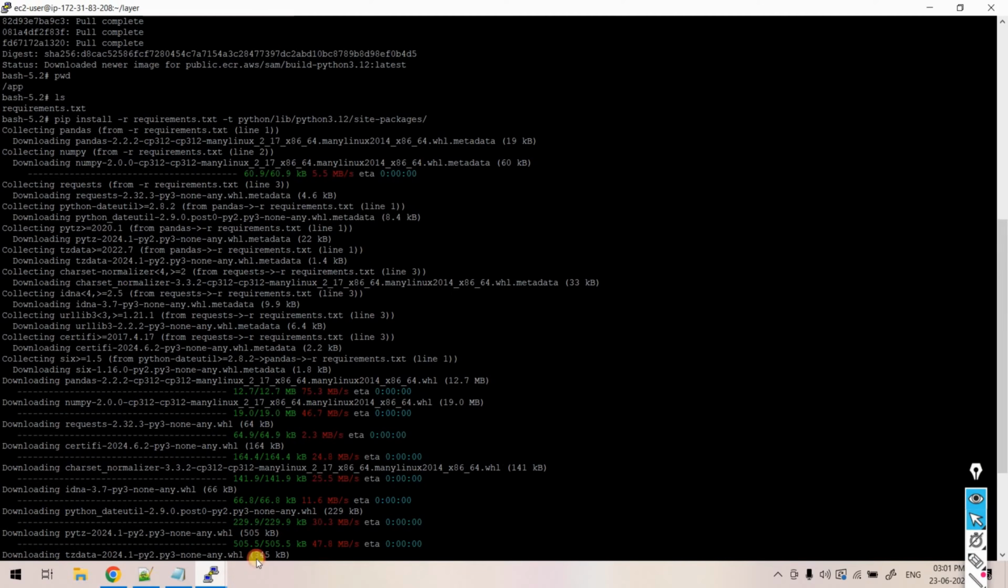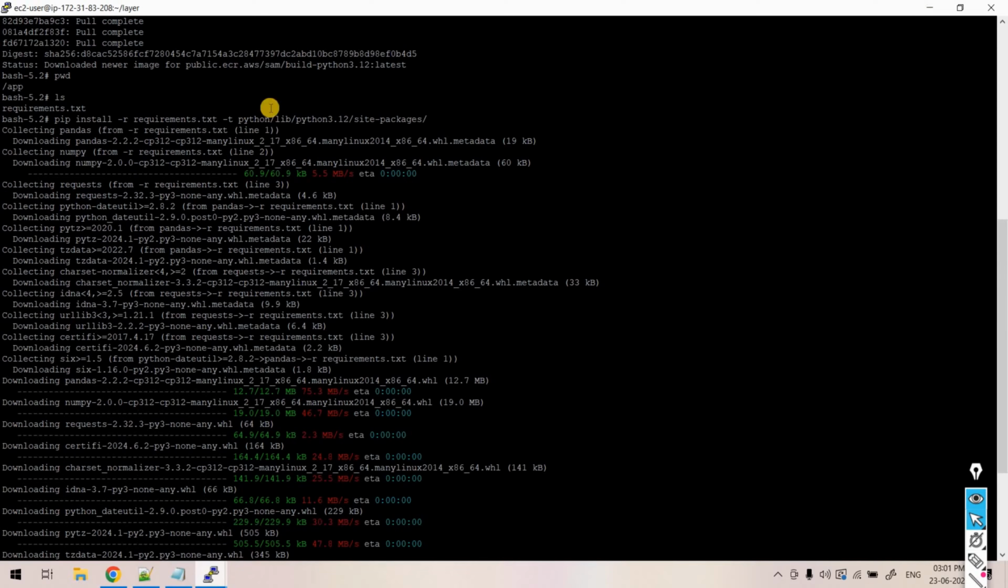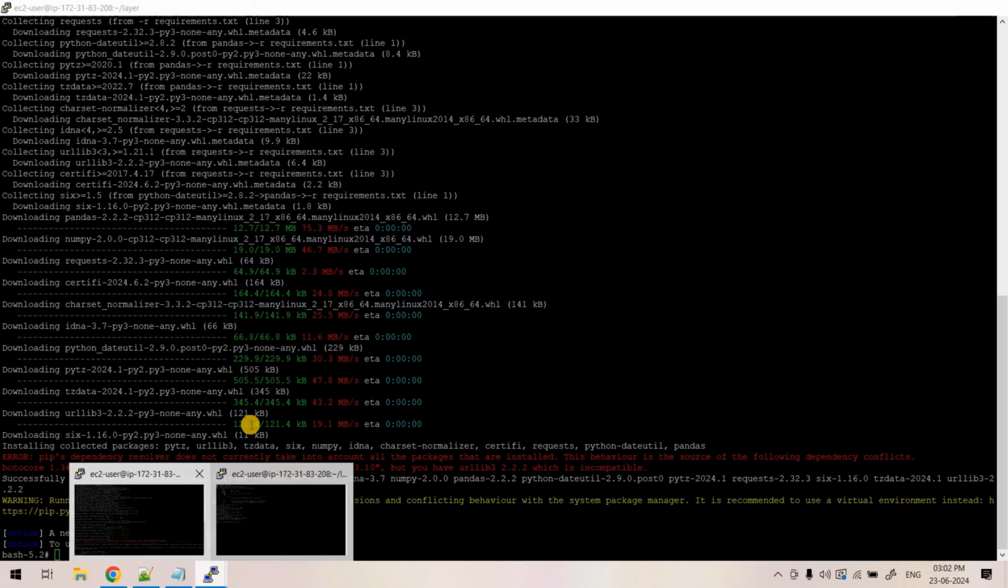And because the app directory is linked with our current host working directory, if I do ls, here you will see the python folder also got created in our host. If I do cd python and then ls, here you will see lib, because in the container we are creating this folder python/lib/python3.12/site-packages and so on, right? Now once that installation is complete, I just need to do zip -r pandas numpy, I can give requests also, right? Zip everything that is available in our current working directory within the container. Okay, so